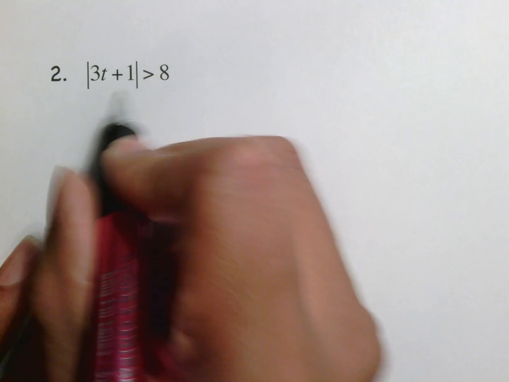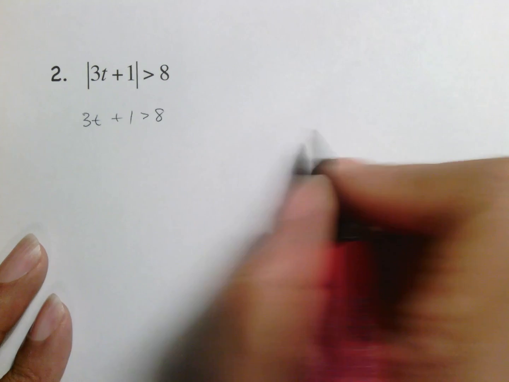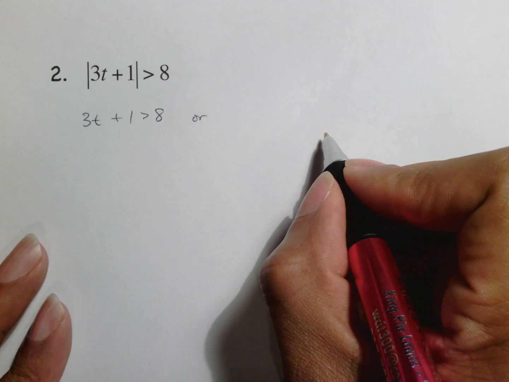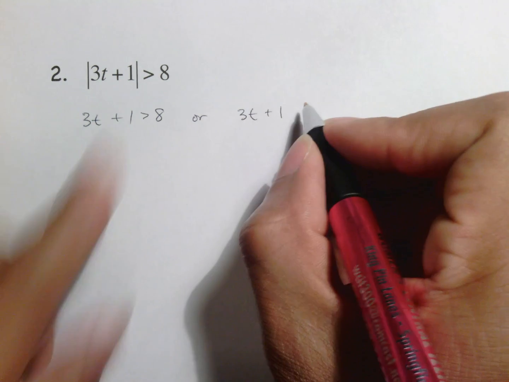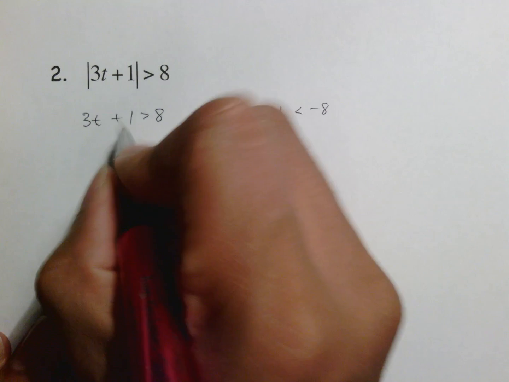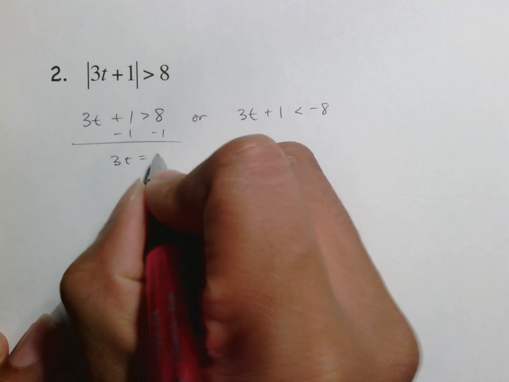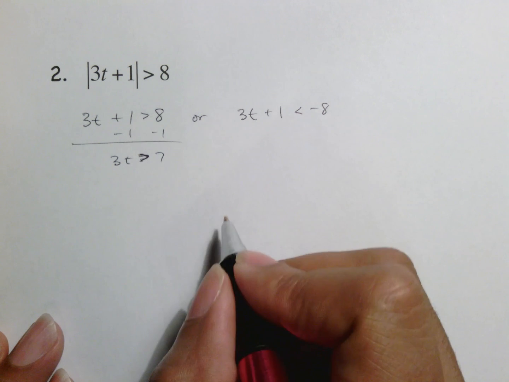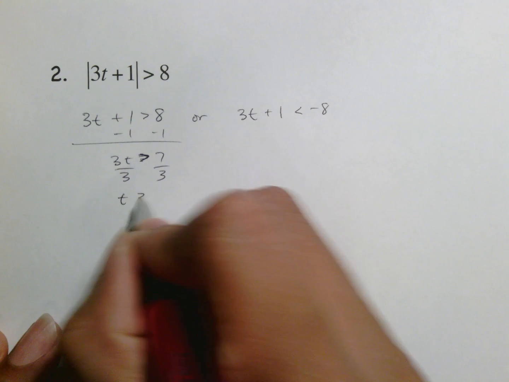Here, this is not pointing at the symbol, which means this is the one where I ignore the sign first. I use the word or, and then I ignore the sign again, but I switch both things. So I switch this around and I make my 8 negative. From there, you simply solve as usual. So 3t would therefore equal, or not equal, it would be less than or greater than 7. Then when you divide by 3, you get t is greater than